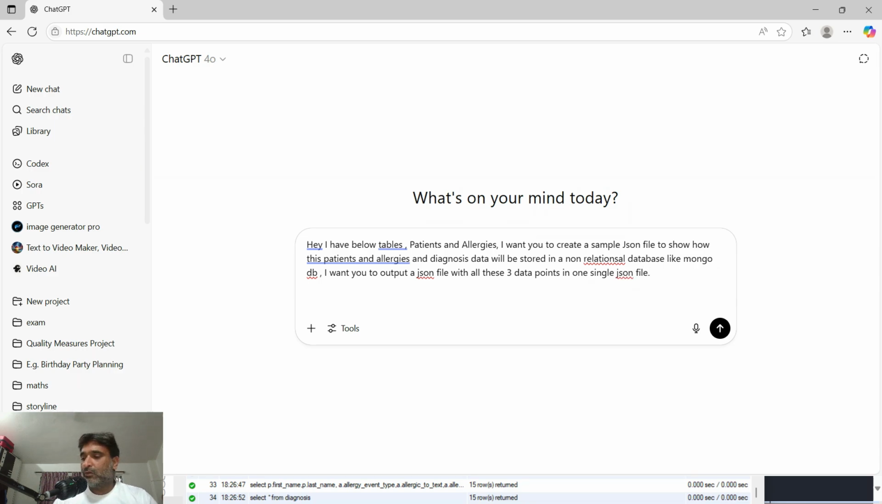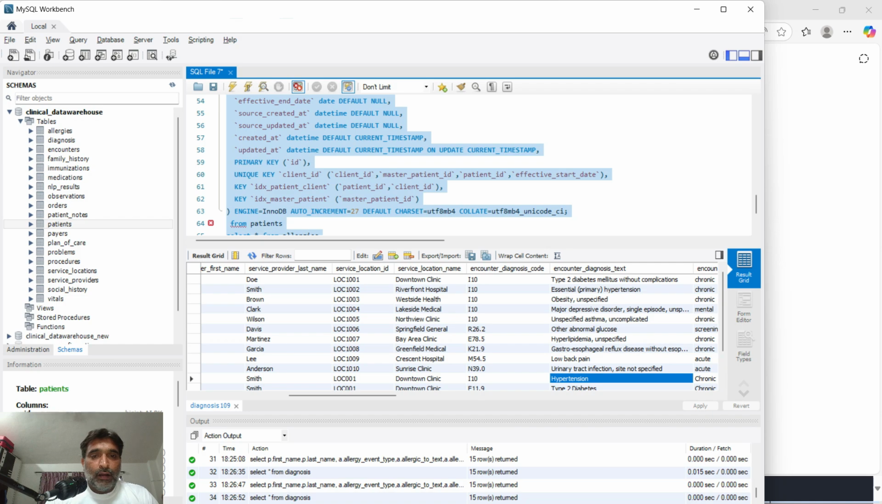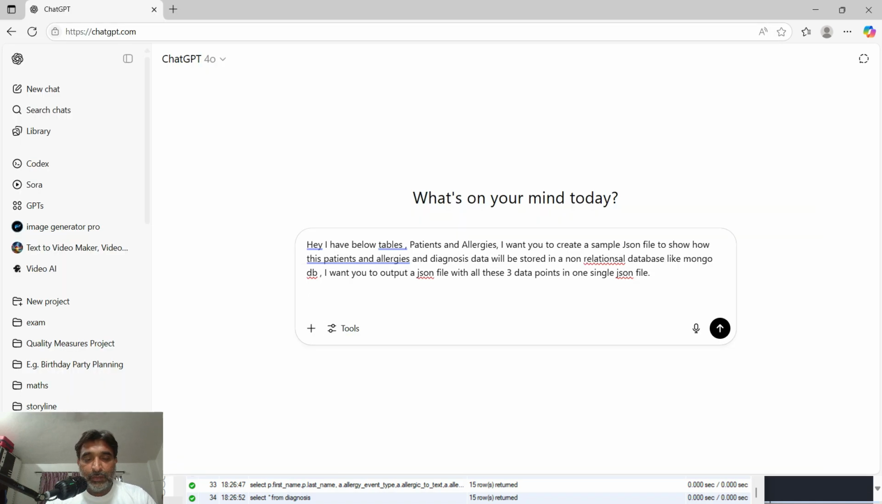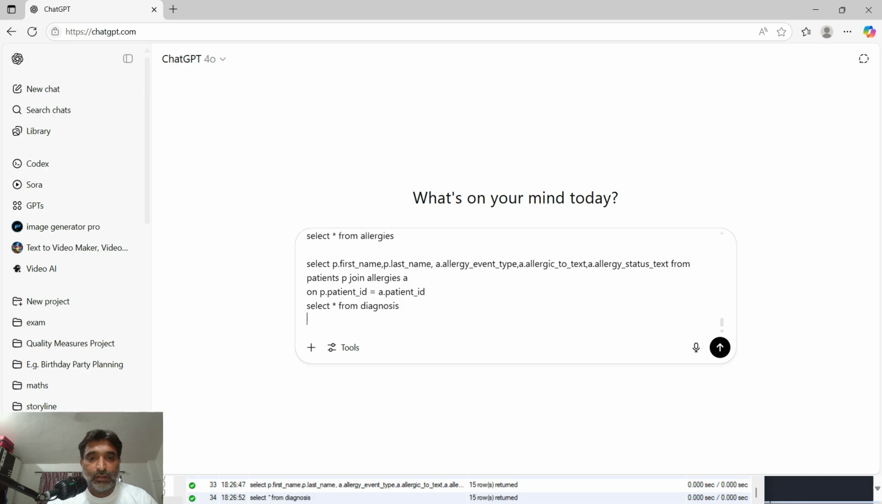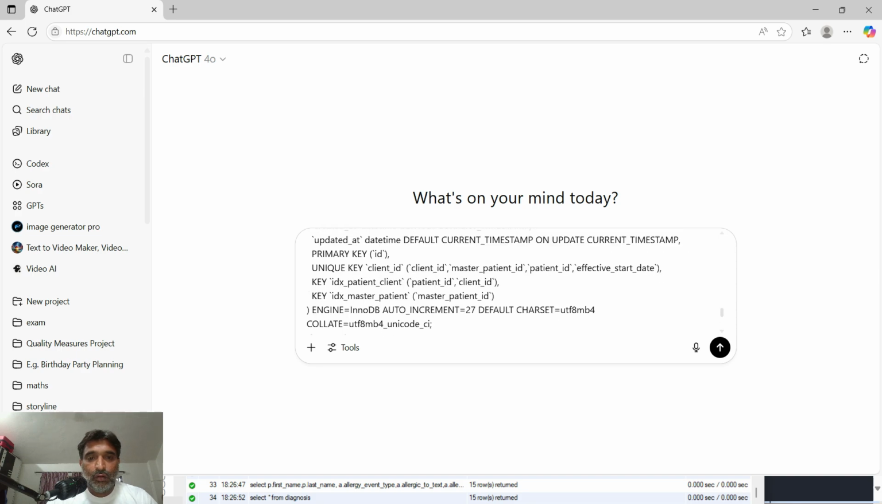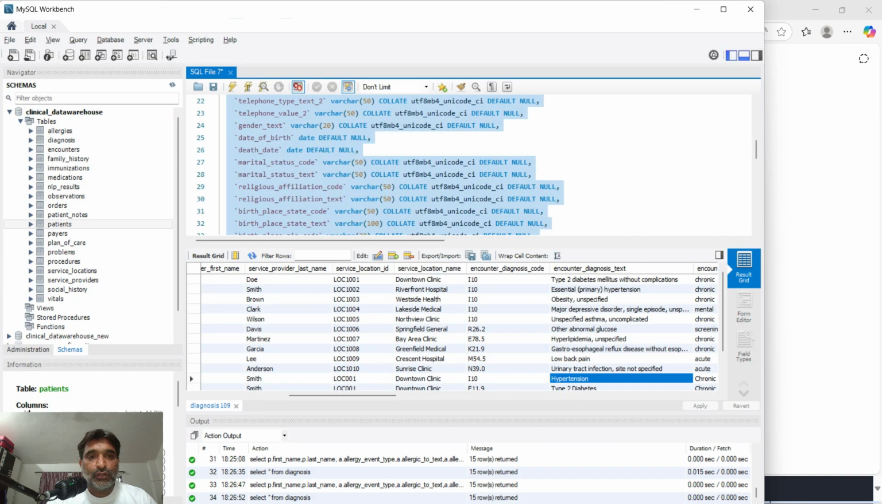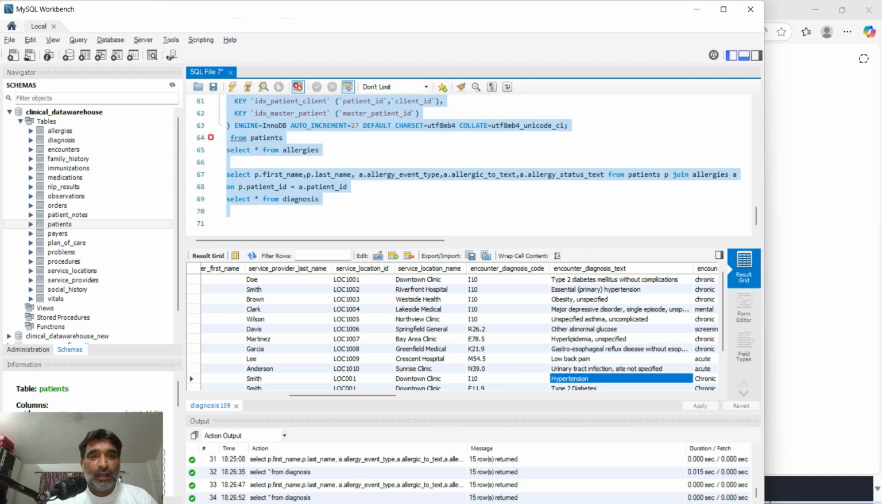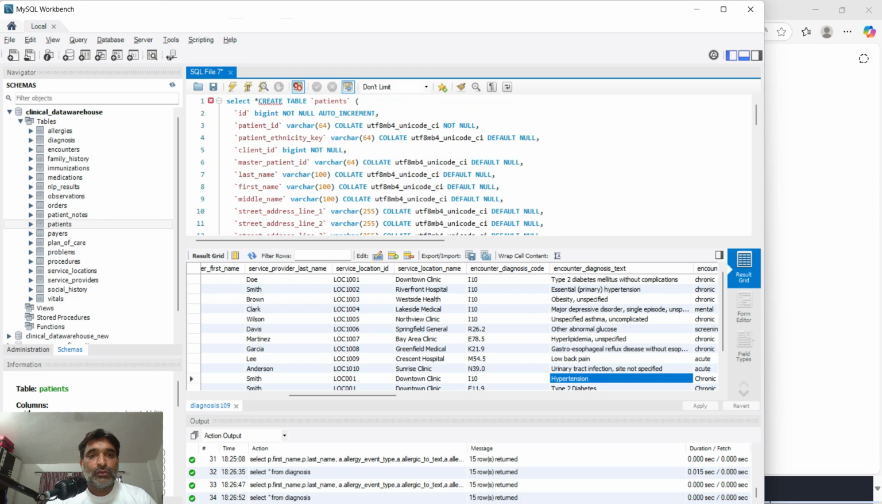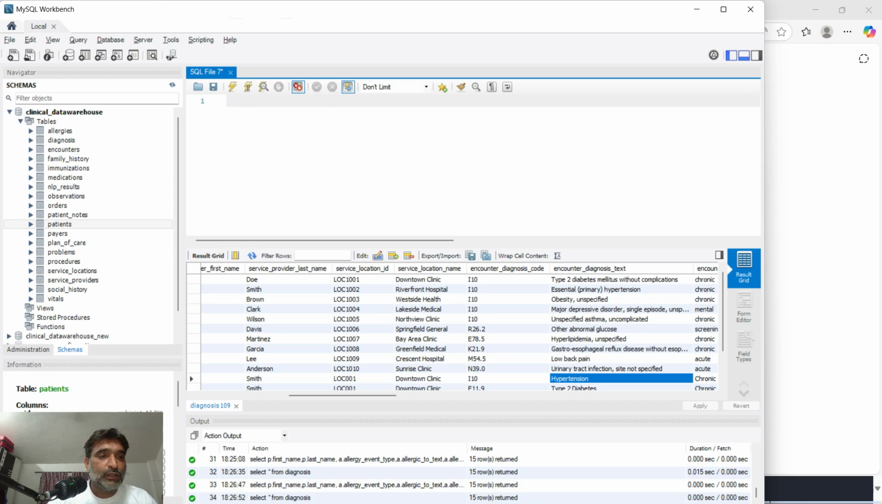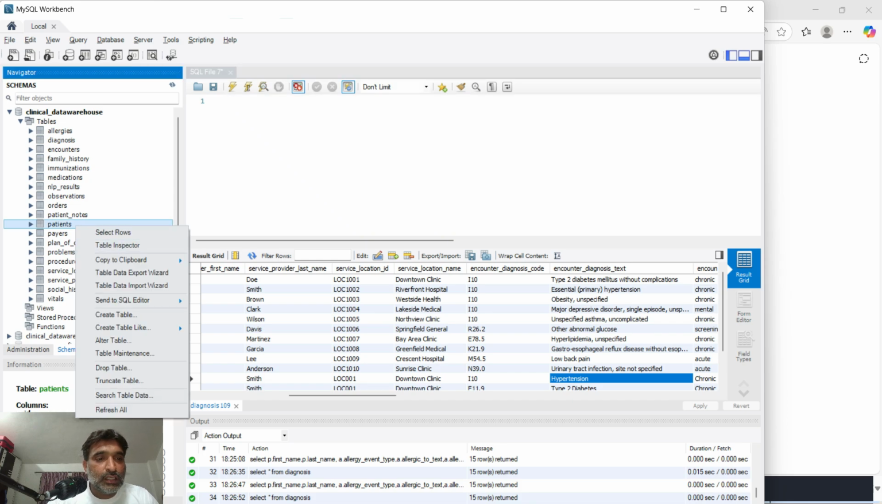Okay, so what I'm going to do now is, because I don't want to waste so much time creating that data and everything, we have ChatGPT. We are smartly going to use our ChatGPT. Unfortunately I have all this here, I need to get rid of this. Okay, all right, so I have my patients table, send to